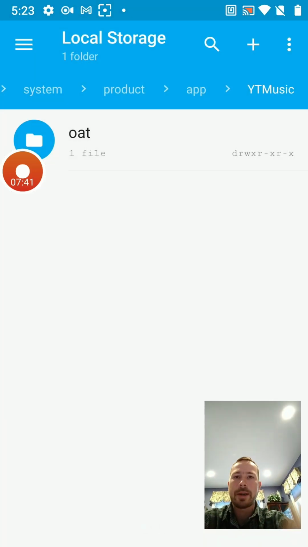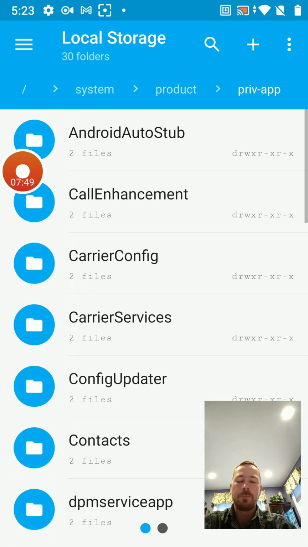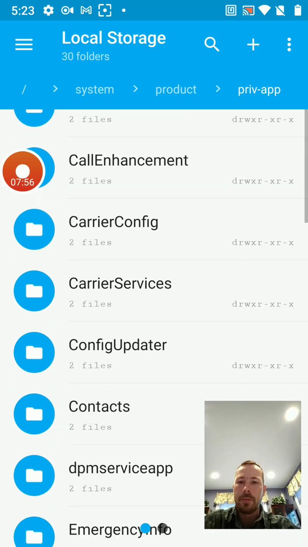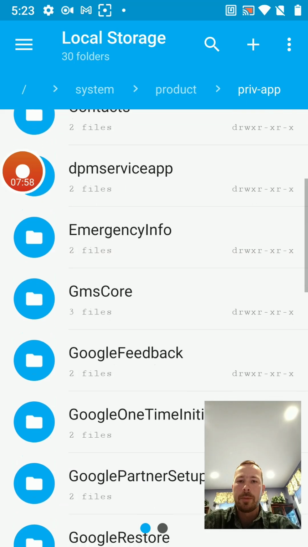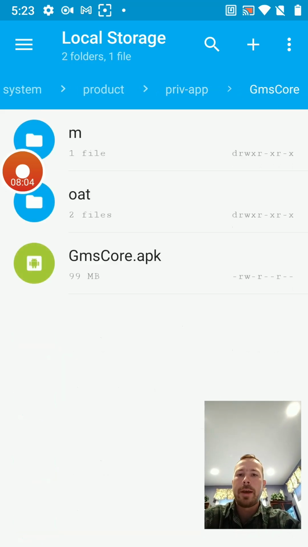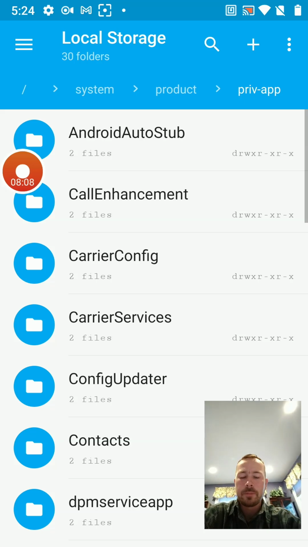Now I want to take you back out to products. This is under system/product, now private app. This is where we're going to delete some of the Google app that we'll get rid of. This will get rid of the search bar at the bottom of your phone screen. See GMS Core right here? Do not delete that. If you delete that, you'll run into trouble with your operating system because we're still running